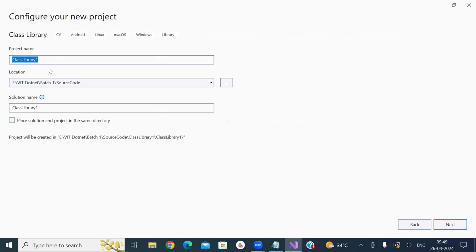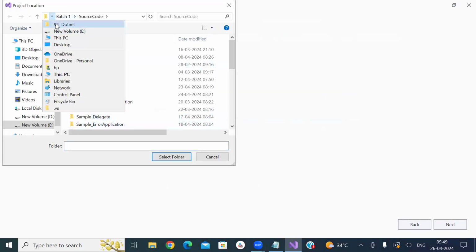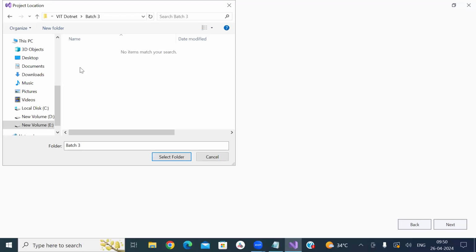When you click next, it will ask what project you are going to do. Sample arithmetic, right? Click on folder, go back to VIT, create a batch 3, create a new folder, C#